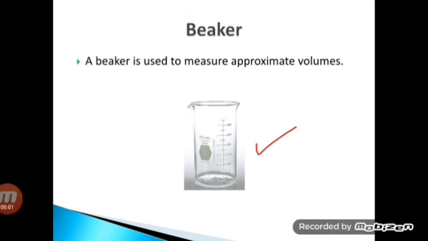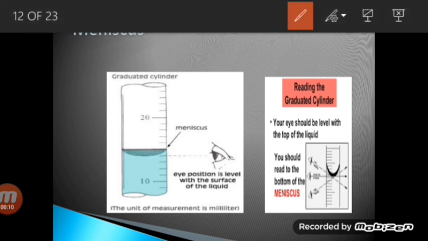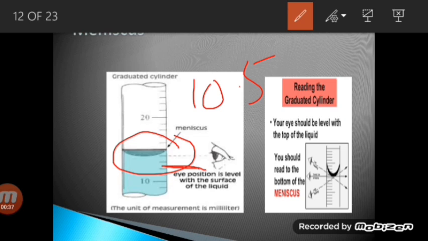Here is a question: how do we read the volume of liquid? When water or any solution is placed in a container, it forms a curved surface, and that curved surface is called the meniscus. You might have observed it in your daily routine, that there is always a curve in the container where any liquid is present. In order to have an accurate reading, we have to align the eye with this curve. Then we will be able to get the accurate answer. So here the answer will be 10.5, and milliliter, or ml, is the unit used here.